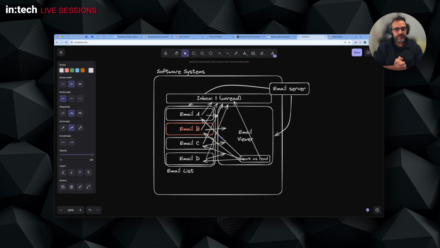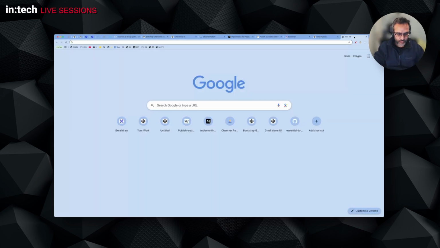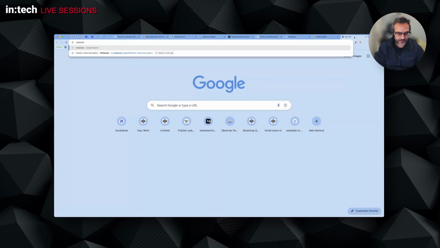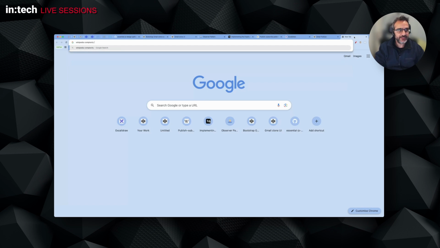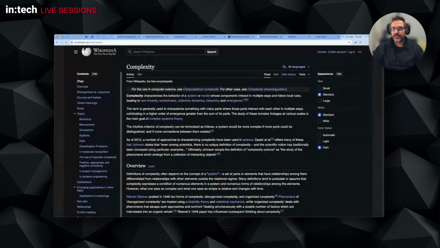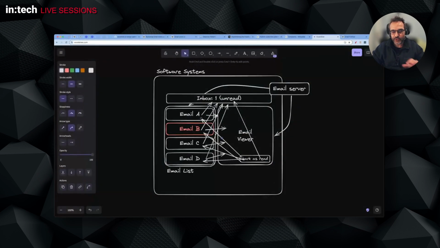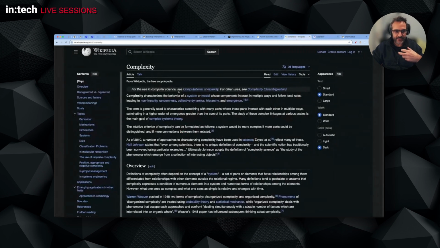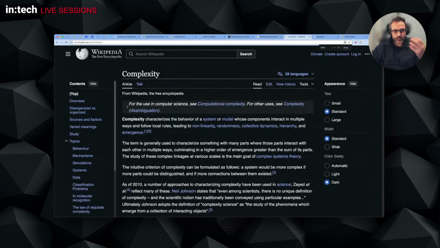It's a complex system. Let me go to Wikipedia, complexity system. There's a nice article on complexity. So through this series of interconnections, we have now a complex system in our hands, and a complex system is the web developers' or the software developers' worst nightmare, because as the Wikipedia article mentions here,